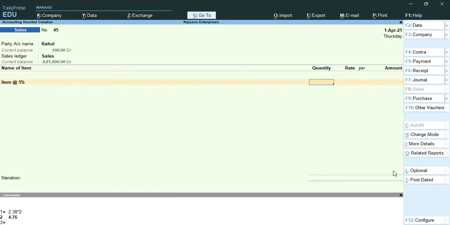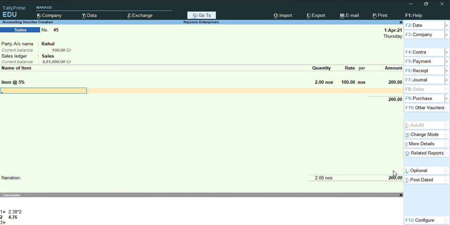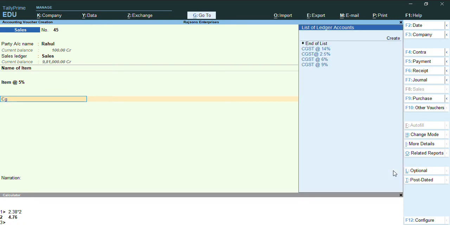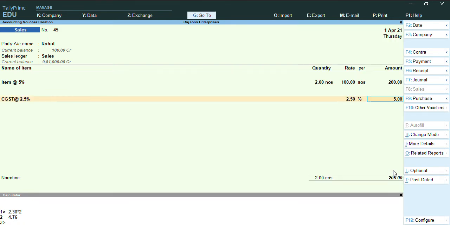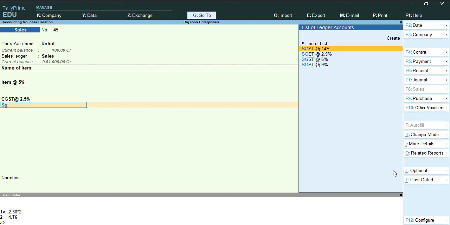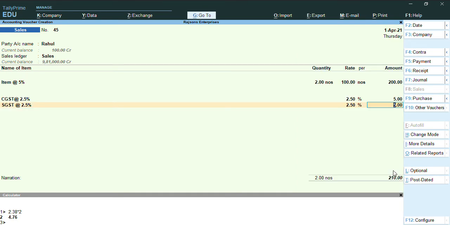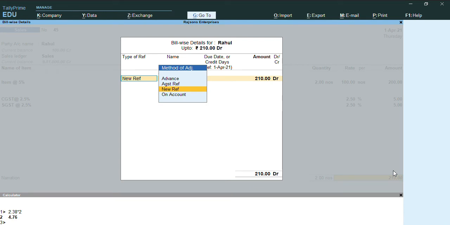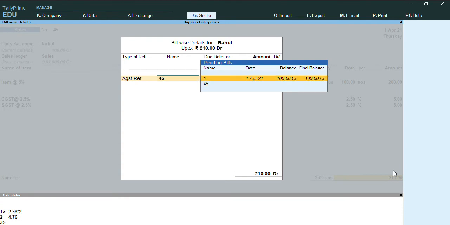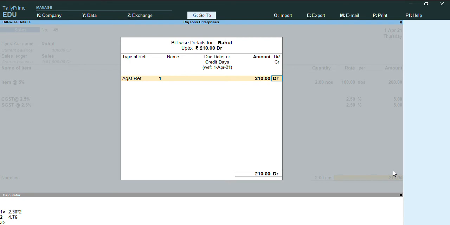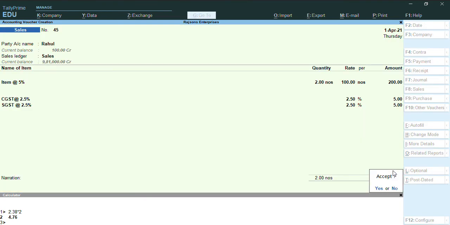So we'll give 2 quantity at the rate of 200. I'll charge CGST 2.5 and SGST 2.5. Here you can see the nature of adjustment is coming. So we'll select against reference, and the amount which we received as advance will be tracked, and the balance amount we will add here as a new reference, and we'll press Ctrl A